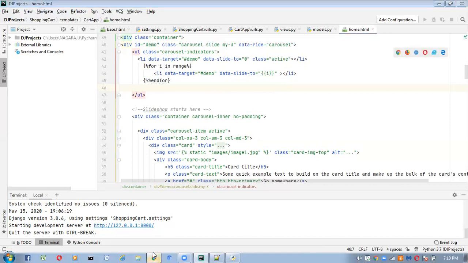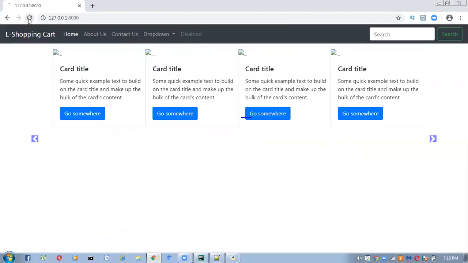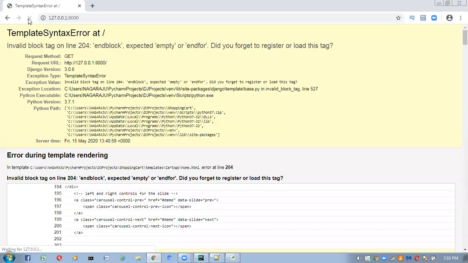Go to browser. Refresh this one. Invalid block, or end block expected, empty or end for. Okay. One minute, let me go there.